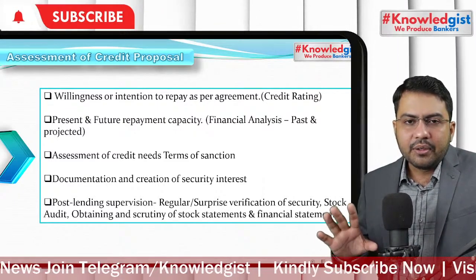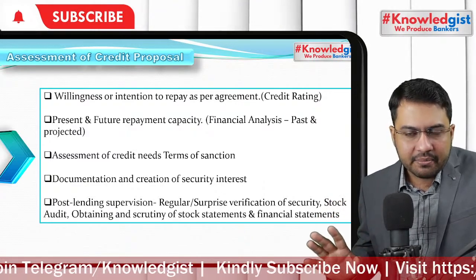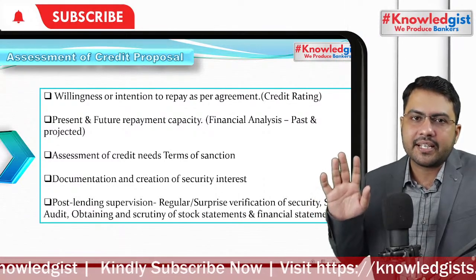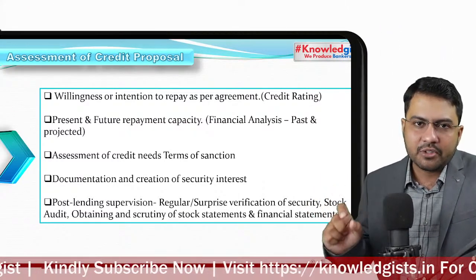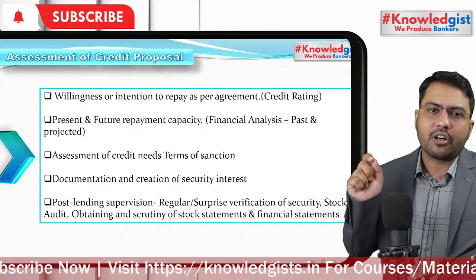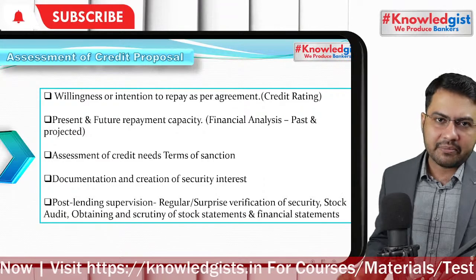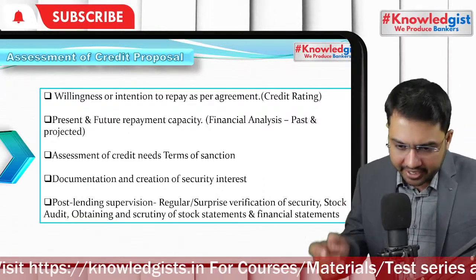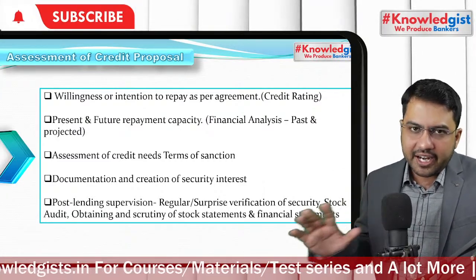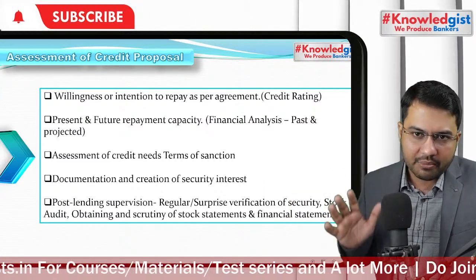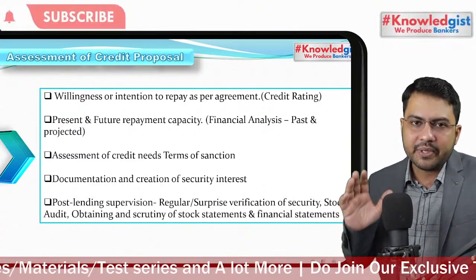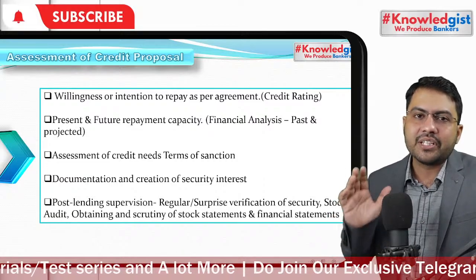And how do you check the ability to pay? From the financials of the customer. For a salaried customer, the salary account statement and the salary slip will suffice. If it is a corporate account, you need to check the balance sheet, cash flow statement, profit and loss, and future orders, if the customer has any. It will be a thorough check. You will have to prepare the CMA report. All that needs to be done, and it will be sufficient to tell you about the ability to pay.